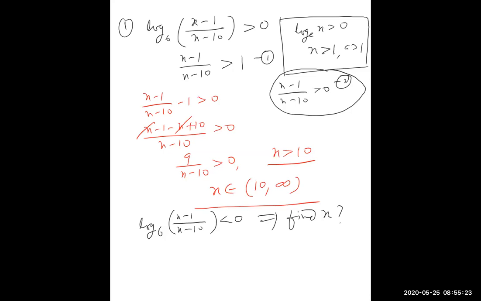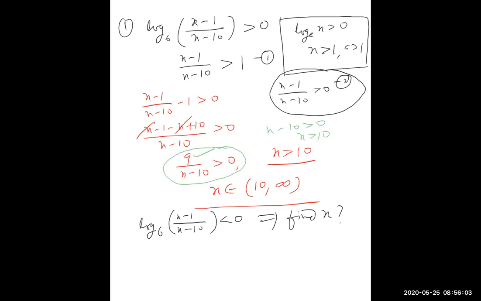Sir, can you please explain why is it x greater than 10? See, last step, what is this 9 minus x? This part. Keep yourself muted, others. A lot of sound is coming. See this last part, x minus 9 upon x minus 10 greater than 0. 9 is positive, so what must be there? X minus 10 must be greater than 0. So what is that? X must be greater than 10. Got it? You can unmute yourself.